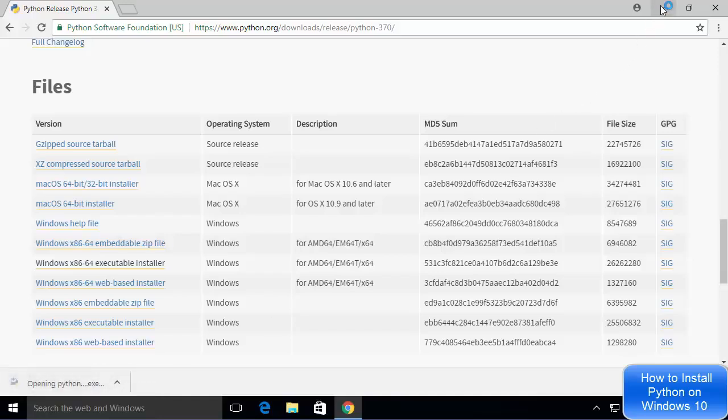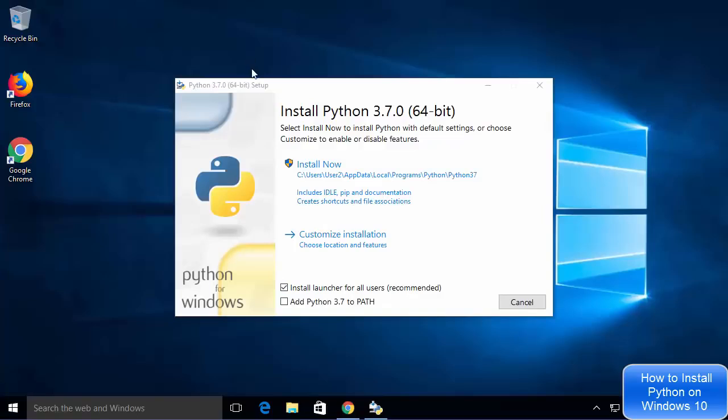I'm going to minimize the browser here. You can see Python 3.7.0 setup window has started. On the first window, you will see two options here. One is install now and the other is customize installation. What we are going to choose is customize installation, because when you choose the install now option, Python will be installed at